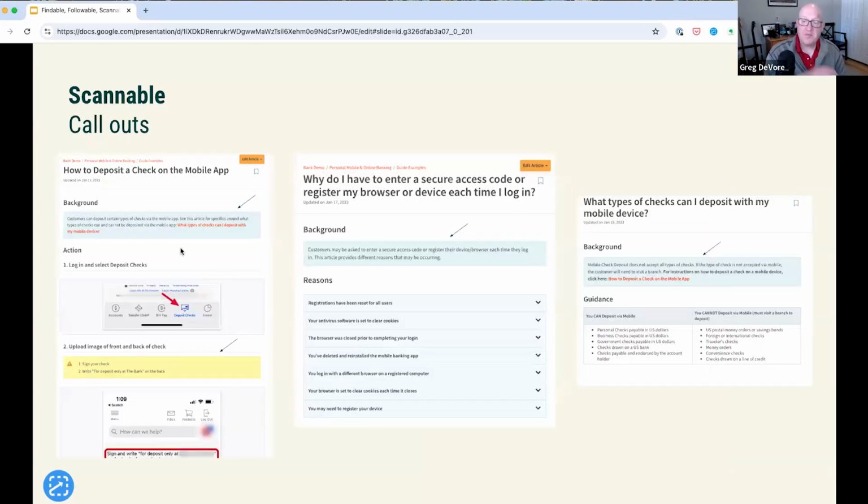Next are text callouts. Now you have to be careful here. Sometimes you have these styles in ScreenSteps where you can call out certain text blocks. We've seen people overuse these and it looks like a rainbow. We don't want rainbow documentation where there's every color of the rainbow on there. Realize if you use it too much, then it doesn't mean anything. But if there are key points, or parts where you're watching someone follow these where they tend to skip a step or important part, use these text callouts. This combined with headings helps the eye navigate how I'm going to move through this document and where I need to slow down a little bit to pay attention to some detail.